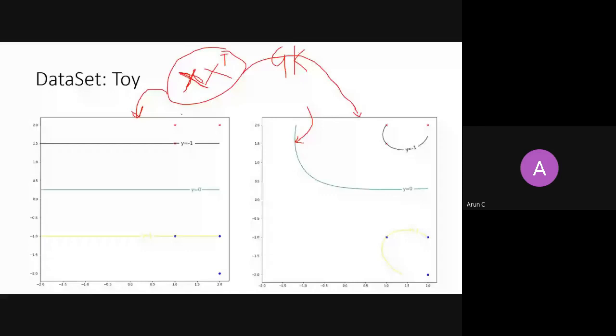So if data is linearly separable, I don't think you need to go for these kernel tricks and projecting into infinite dimension. But the practical problem is you can never know whether your data is linearly separable or not. This is a very challenging task. If things were known beforehand, most of the things you could do very easily. But if I give you 100-dimensional data with 1 million points, it is not easy to tell whether it is linearly separable or not. I hope this makes sense to you.